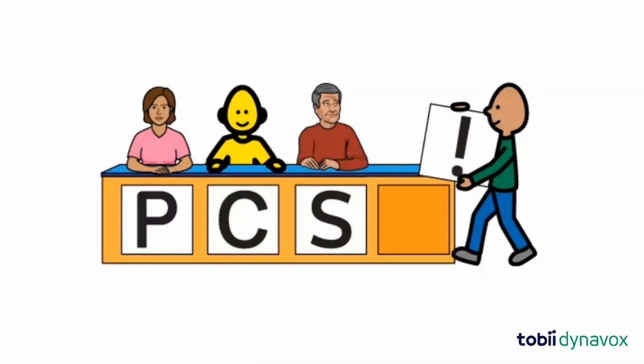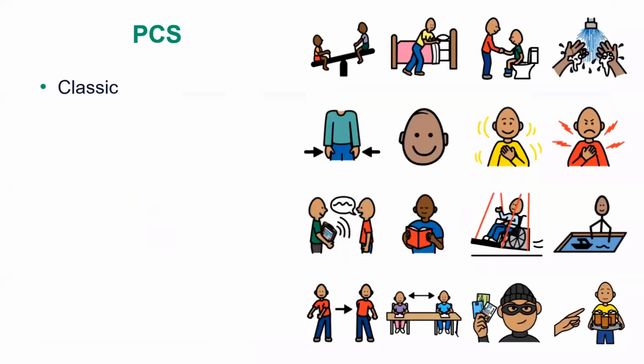So briefly want to talk about the symbols, as it's such a big part of Boardmaker 7. So we've got over 45,000 symbols available, and we've got some different types of symbols. So these are our PCS classics. These are our original symbol set, and they're characterized by the kind of thicker lines and more kind of cartoonish